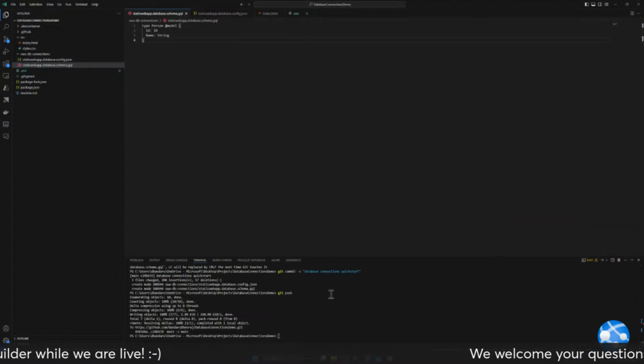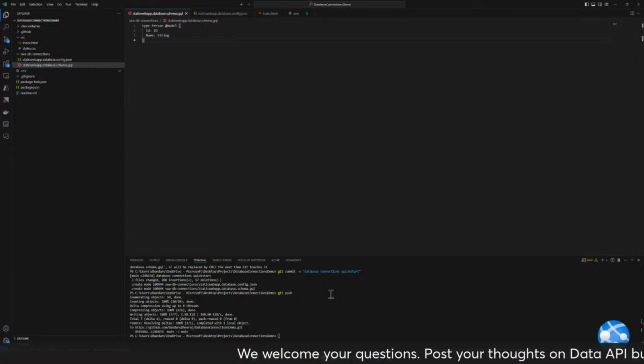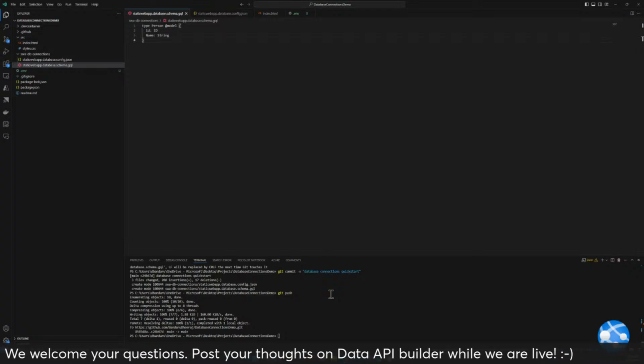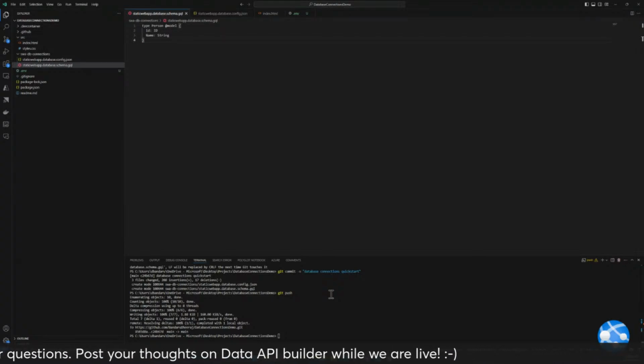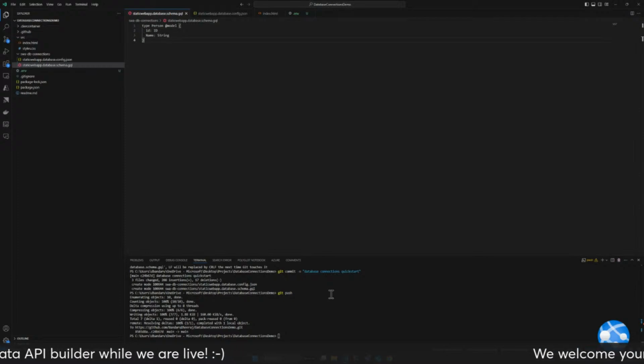So once you've deployed to static web apps, again, multiple ways to deploy to static web apps. You can use the static web app CLI, which I was going through. You can use the portal, which connects directly to your GitHub Actions or Azure DevOps pipelines. And it's super streamlined. You just basically tell static web apps where you're